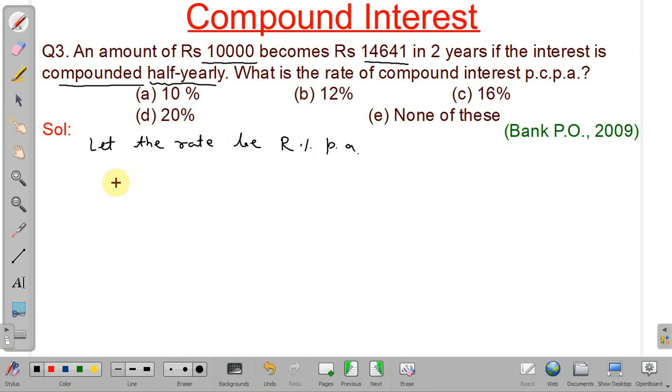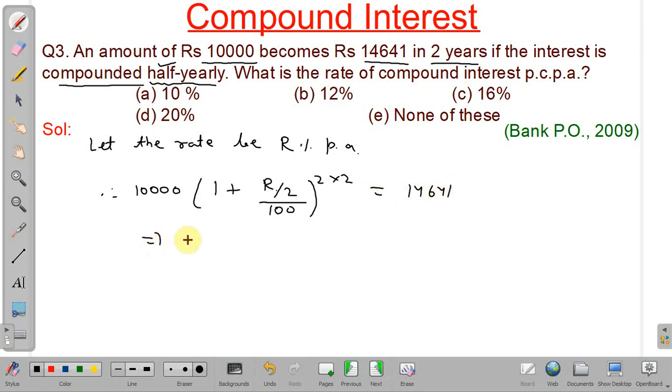Okay, so amount is given 14,641 and principal is given as 10,000. Therefore, 10,000 into 1 plus rate of interest, but as it is compounded half yearly, the rate will be half of the annual rate. So R by 2 by 100 to the power number of half years. So total time is 2 years and number of half years per year is 2. So 2 into 2, and this will be equal to